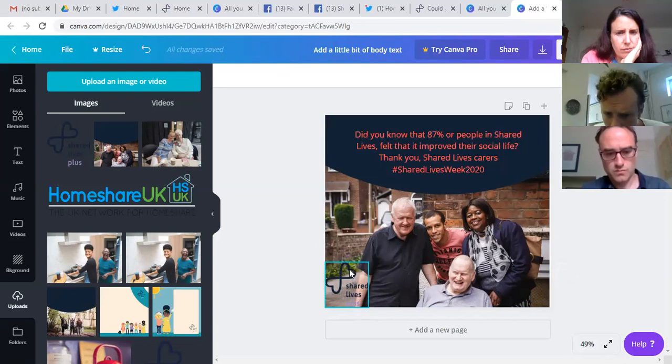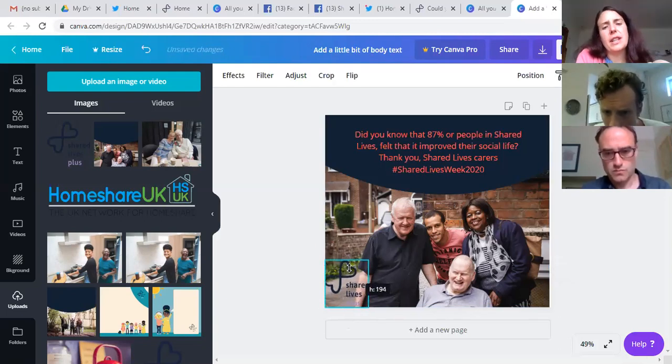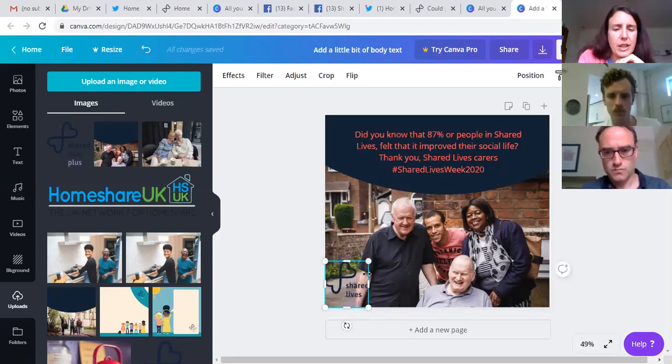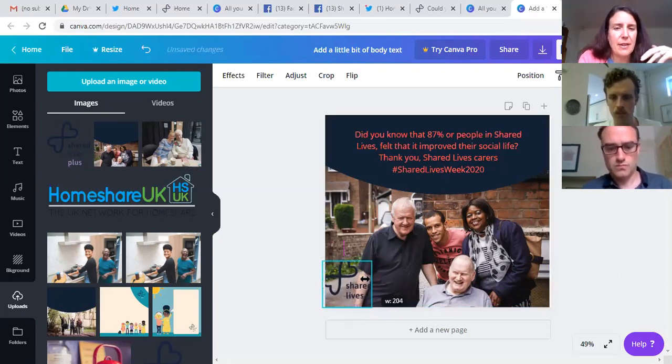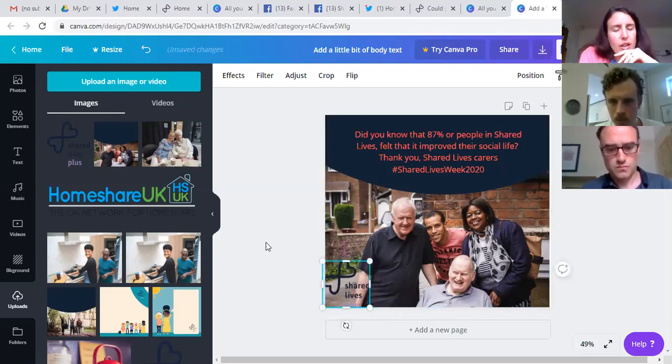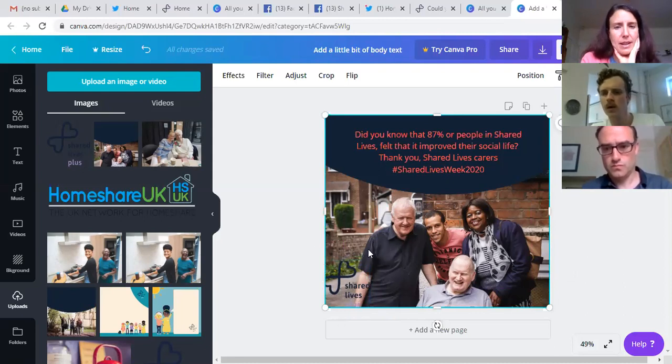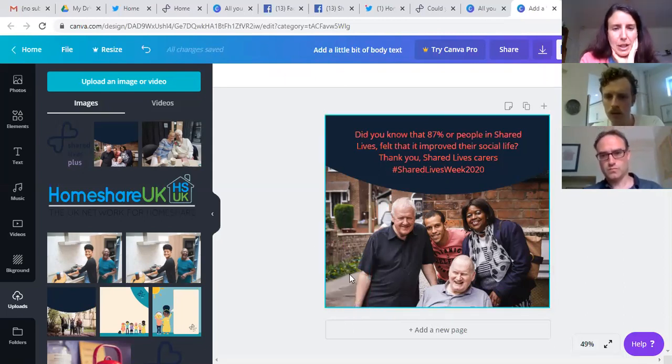If you're making a leaflet, fair enough, you need your logo on it. But with these social media images, they're going to be going out on your branded social media channels, so it will already have your logo on it. Don't worry too much about getting everything on the image. It's better that it's a lovely, exciting picture. Right, we've now added all the elements that we want to add.